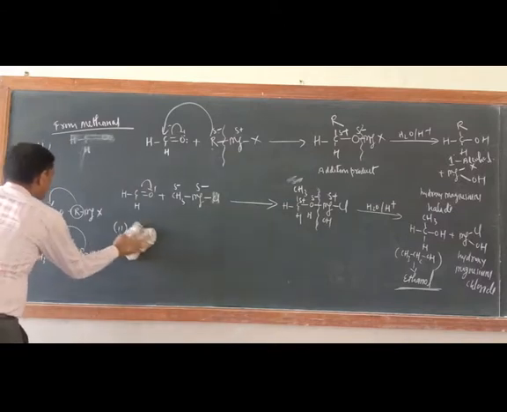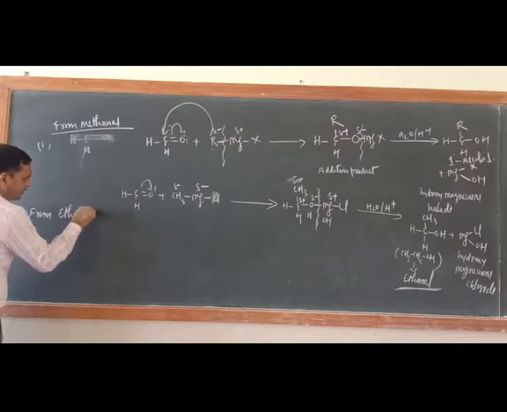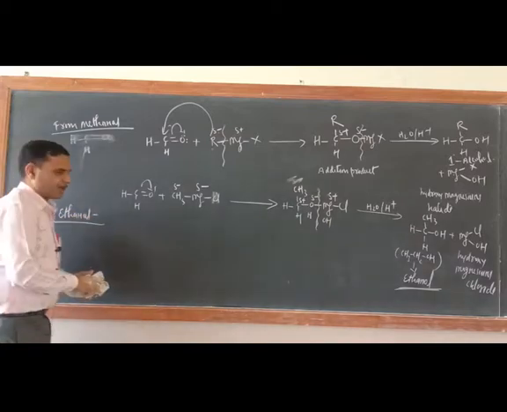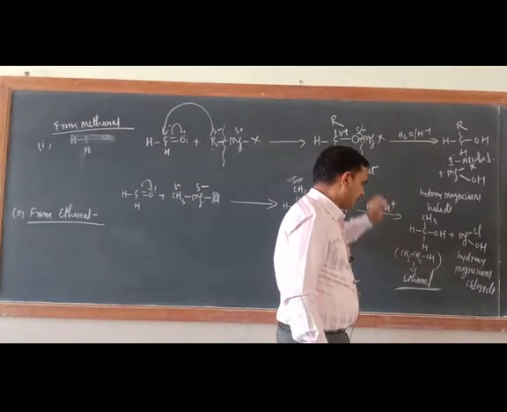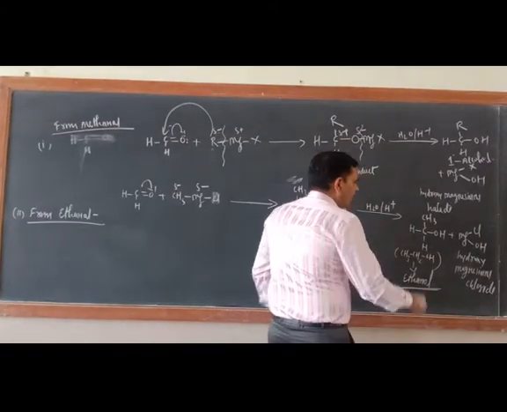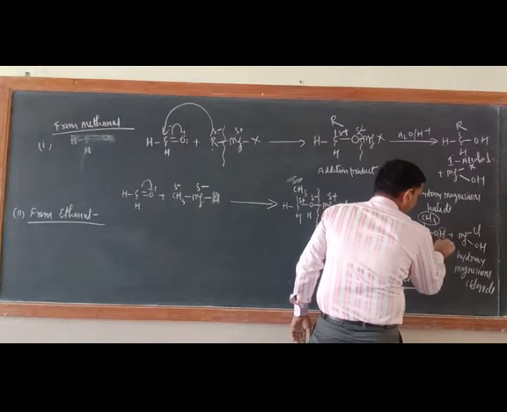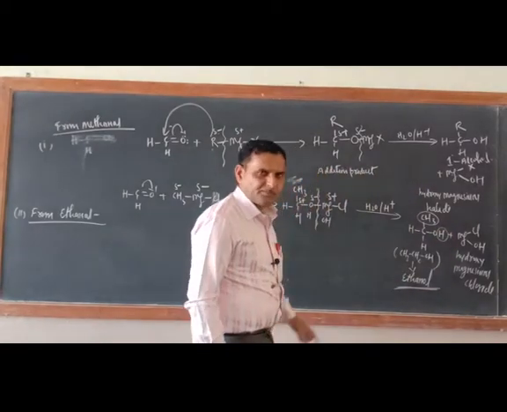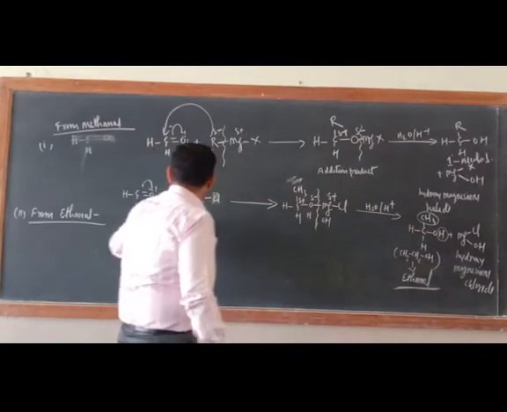Okay. So from the second one, from ethanol. Just see, there is one more aspect here. You analyze this product. What is this one? Ethanol. So what can you say? In this product, one CH3 has come from the Grignard reagent, and one H has come from water. So what is the left out? Left out is CHO.